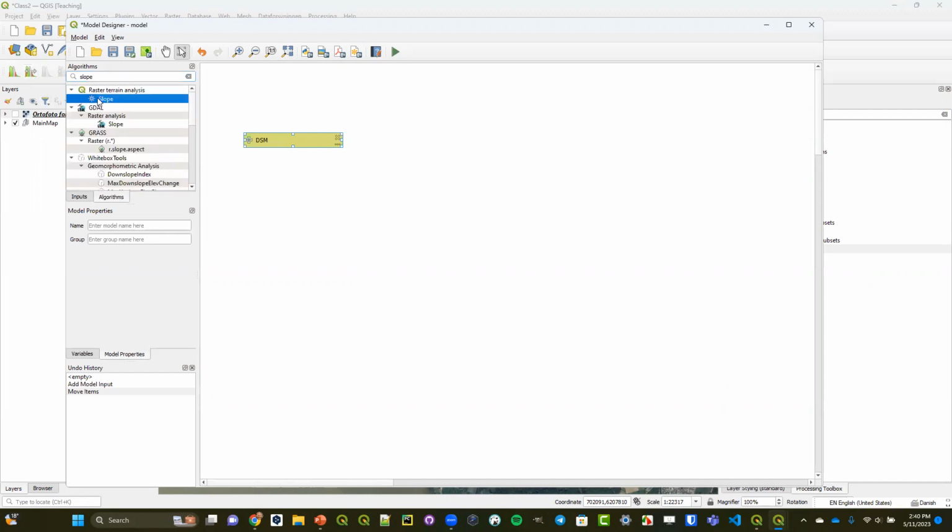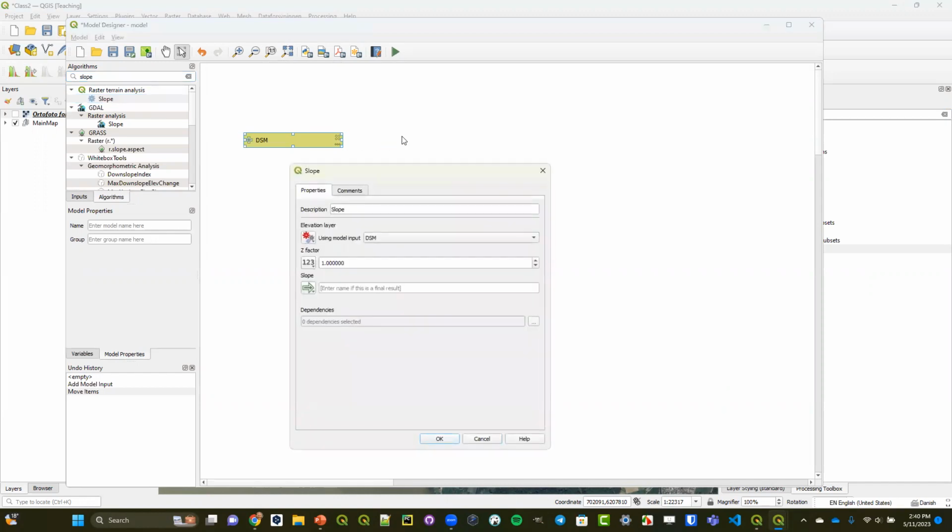And so we can search for slope and find that algorithm. And we can tell QGIS that the input is going to be the DSM layer. And so here in the processing modeler, if we leave this blank, this will be a temporary output. If we enter a name here, then this would be a place where the user could enter a name and save this out to disk. So it's entirely up to you